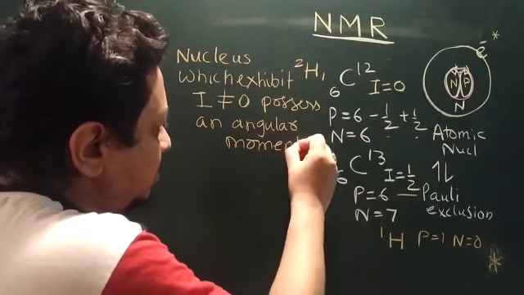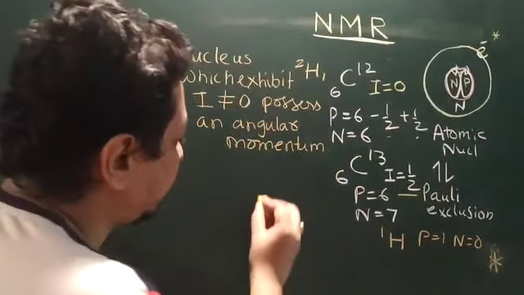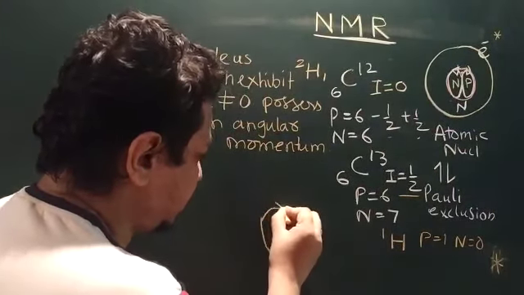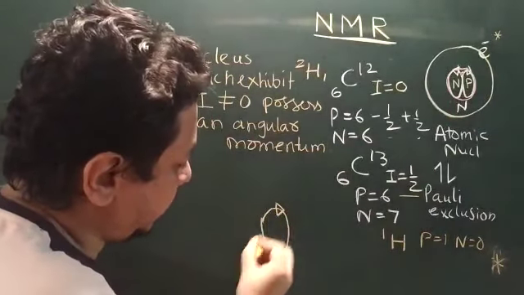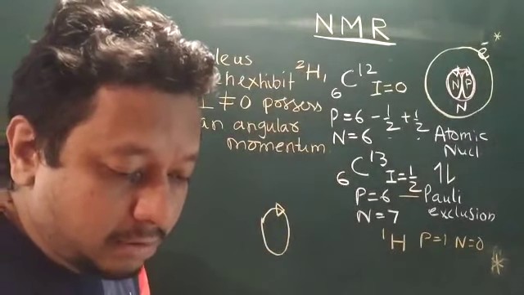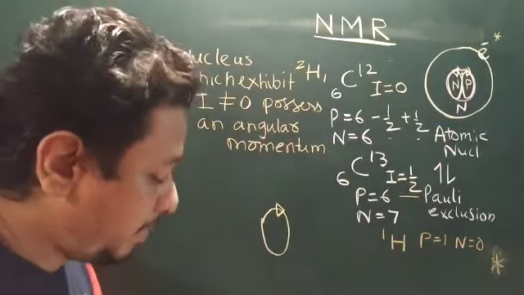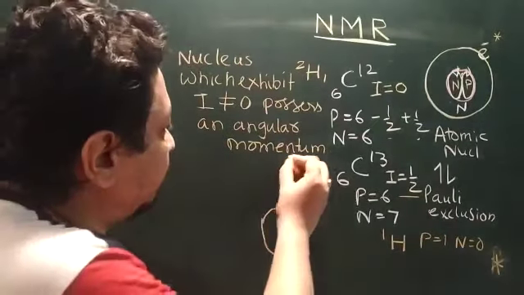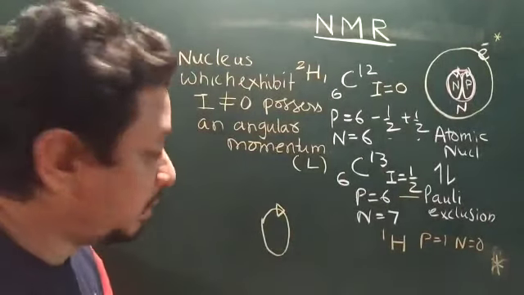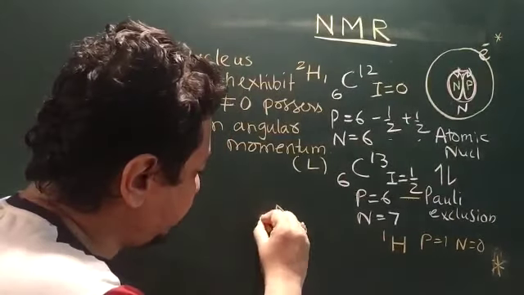Now what is the meaning of this? Normally, whenever our nucleus contains an odd number of protons or an odd number of neutrons, say I have an odd number of protons, which is moving like this, this proton has an angular momentum. What is angular momentum? I can read it out for you. Angular momentum is the rotational equivalent of linear momentum. Angular momentum is denoted as L. It is a rotational equivalent of linear momentum, so instead of linear motion, it is moving along a boundary.